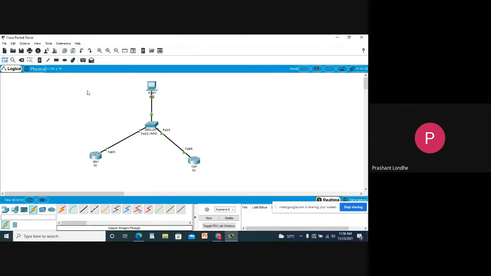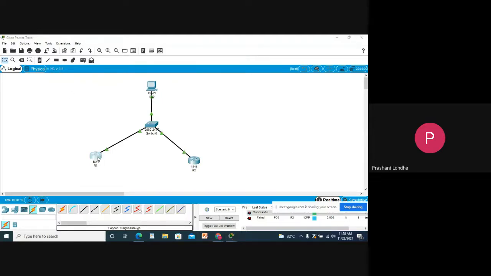Okay, now you can see we are able to receive the packets from PC0 to R1, but we may not receive the packets from PC0 to R2 because it is of another domain, and if we want to receive those packets, we need to set some kind of protocol there. It may be some kind of routing protocol, it may be RIP, it may be OSPF, or it may be BGP, etc.